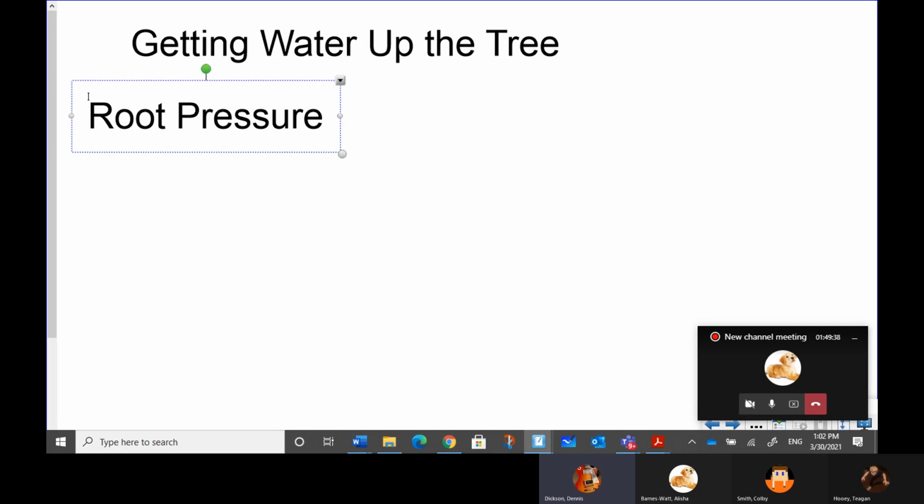So basically, the idea behind root pressure is that as water comes into the rootlets and gets pumped in, it kind of pushes the water that's already there up the stem a little bit. Okay, so that's the theory behind root pressure. So all that's really happening here is